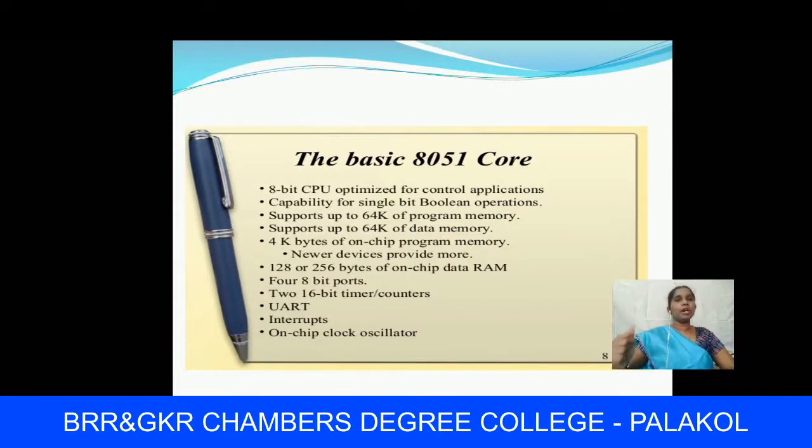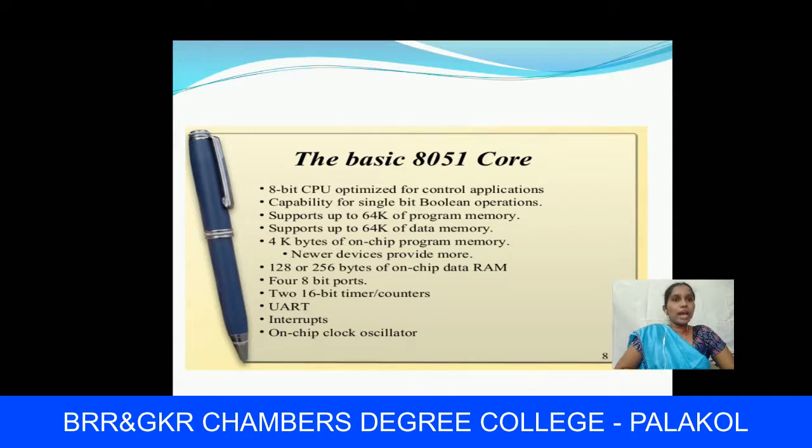And next, coming to the basic core of the 8051 microcontroller. It is an 8-bit CPU optimized for control applications. The 8051 is an 8-bit CPU, that means the processor can perform 8 bits at a time. Next one, the capability for single bit boolean operations.